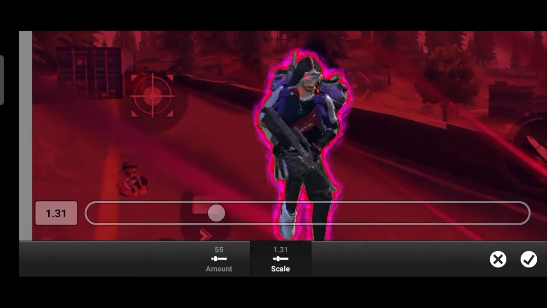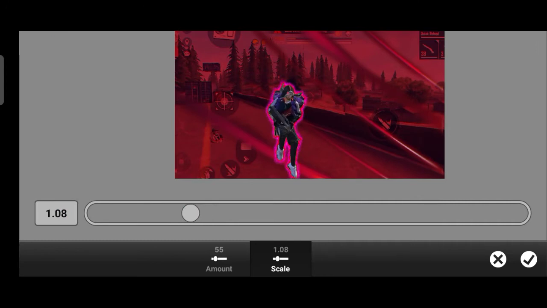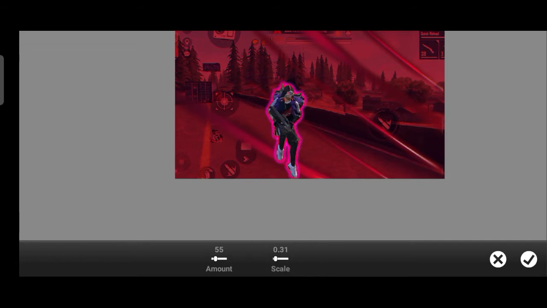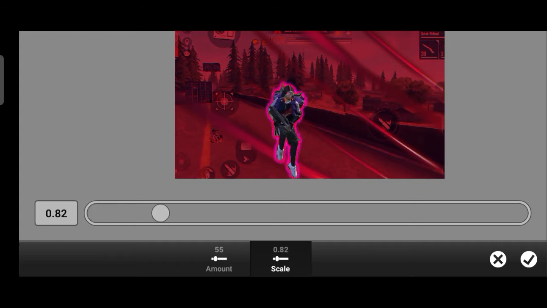So this is not good, so let us check it out. Not getting satisfied with this effect, so you're going to click on the scale option. Wait a second, I'll be doing it. So click on the scale option.